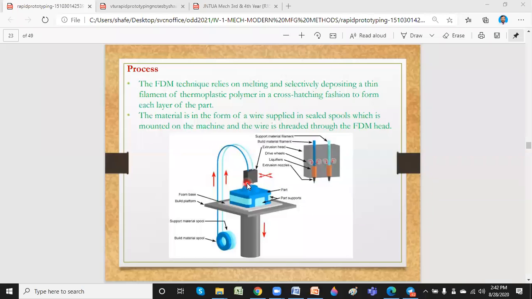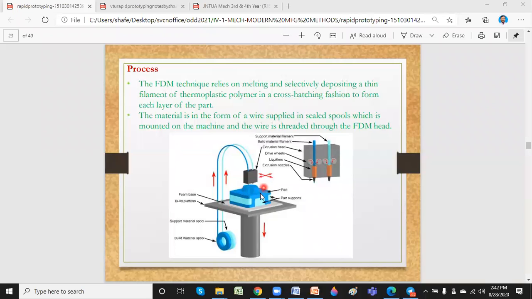You have to control this head, the extrusion head, and it is controlled by your system or computer, which moves it according to the shape of the object.